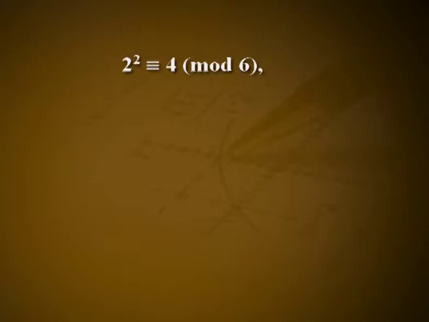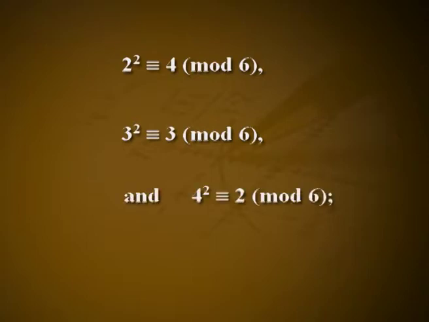Example 3. List the primitive roots modulo 6. Now, phi of 6 is equal to 2 and any integer mod 6 is congruent to one of 0, 1, 2, 3, 4 or 5. Therefore, the primitive roots mod 6 will be amongst 2, 3, 4, 5. But then 2 square is congruent to 4 mod 6, 3 square congruent to 3 mod 6, 4 square congruent to 4 mod 6, 5 square congruent to 1 mod 6. Thus, 5 is the only primitive root mod 6.